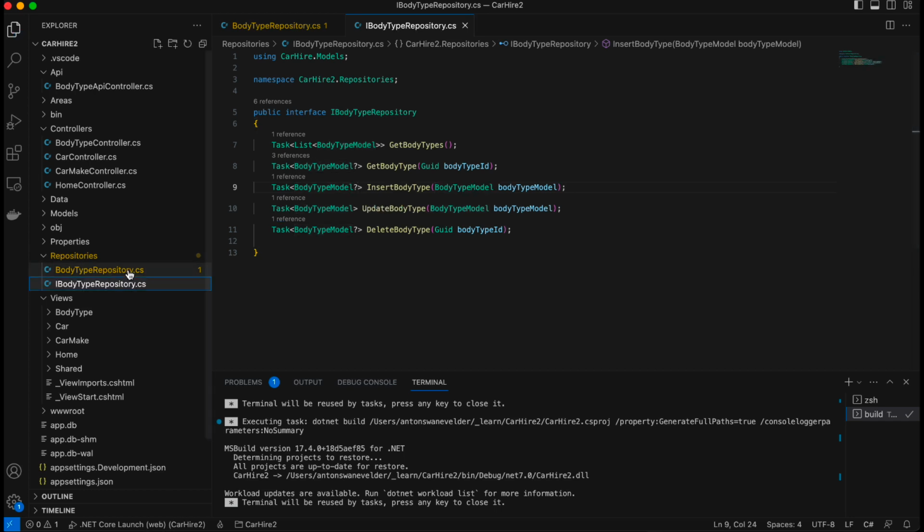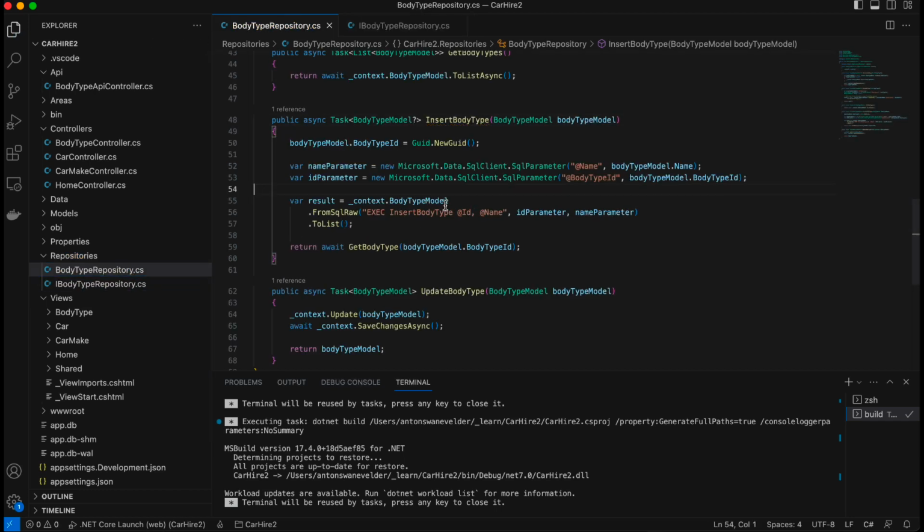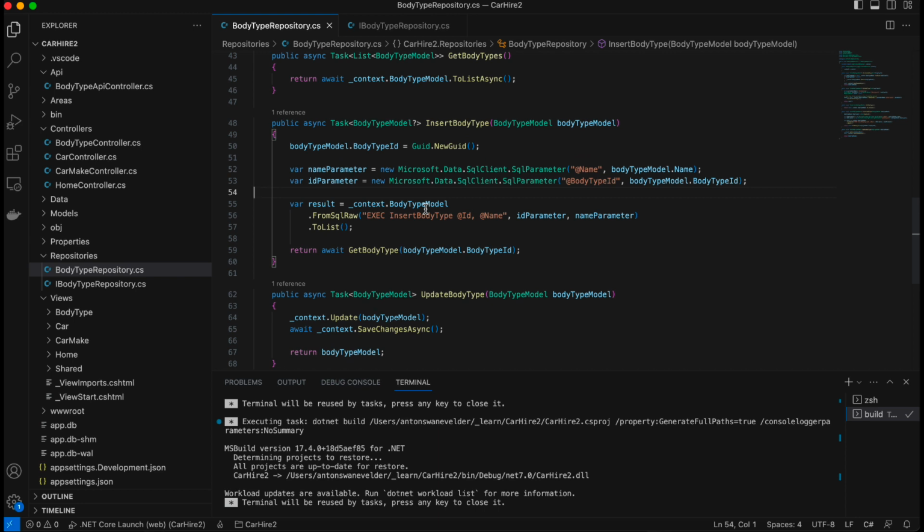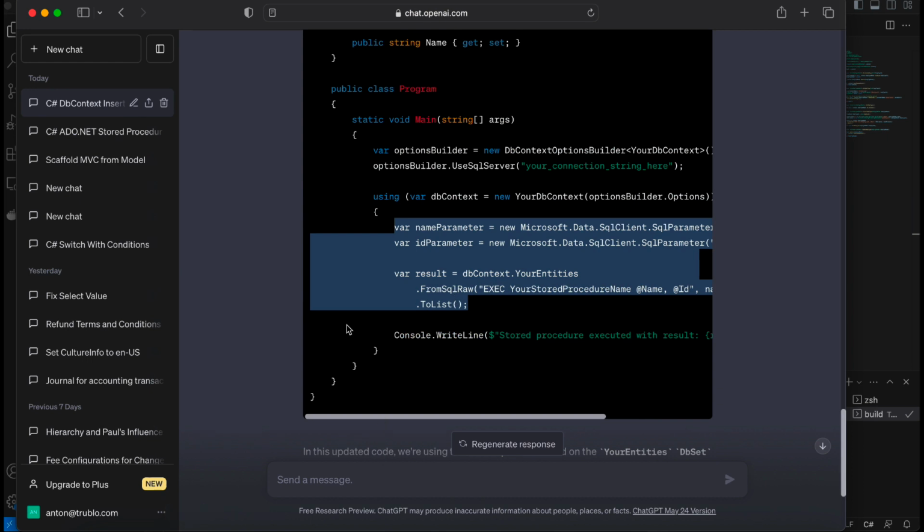Okay, as you can see, doing things this way is a lot harder, but you can optimize performance this way. So I'm not saying that it's not a good way of doing it. ADO.NET is probably the better way of doing it, but it is even more